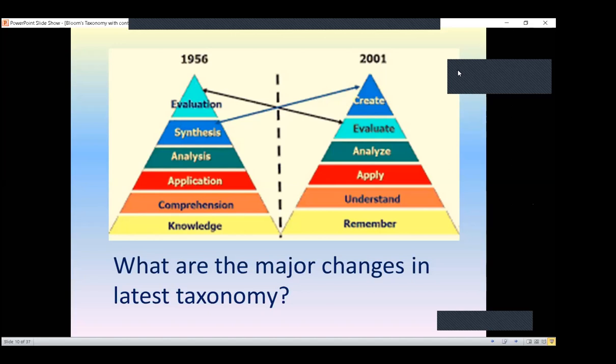Okay, so earlier it was noun, but now he has given this in the form of verbs, where it is more towards action, more towards the active learning side of the students. Okay, so instead of going back to 1956, now we will see the revised Bloom's taxonomy, where these new kinds of verbs are used. I mean, the meaning has not changed much, but the verbs have changed.